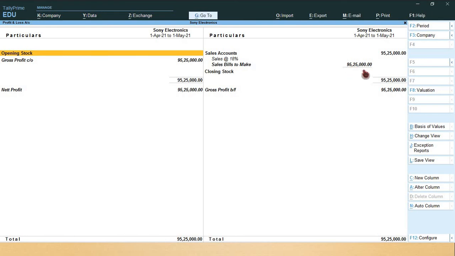So 96,25,000. For this amount we need to raise the invoice. Then this amount will show in sales at 18%. Till now we didn't raise the invoice, that's why it is showing in sales bills to make 96,25,000. Okay.